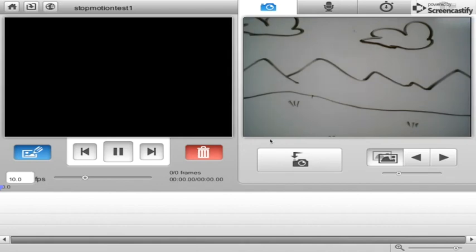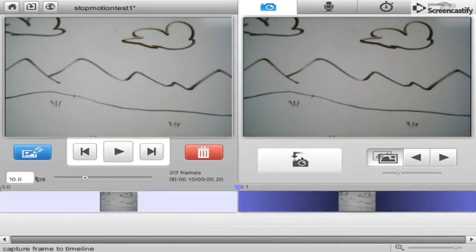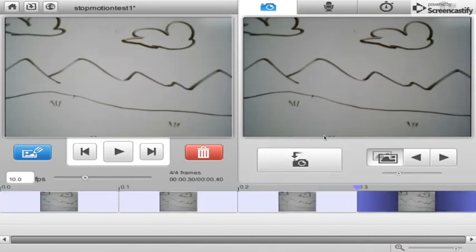To do this, I press this camera button right here, or I can also press the space bar on my computer. So I can either do this, or press the space bar, which is a little easier, but this one might be a bit more simple to explain to students. So, to make the movements happen, I'm going to really slowly